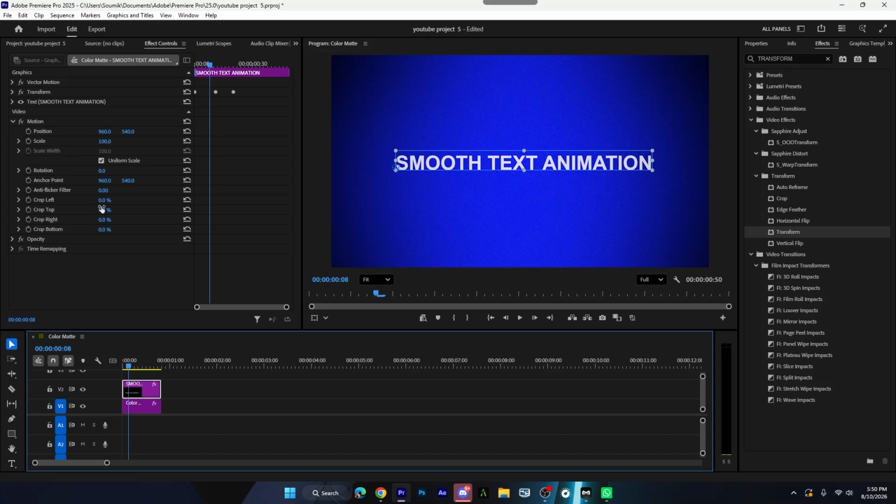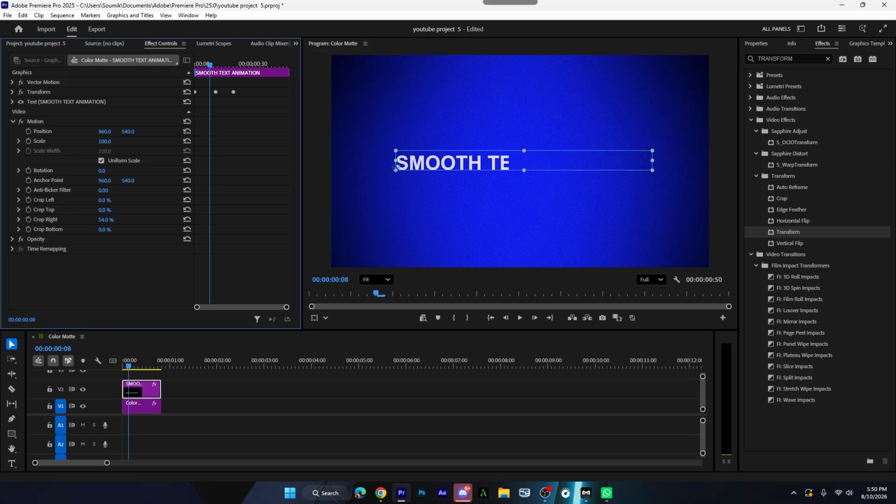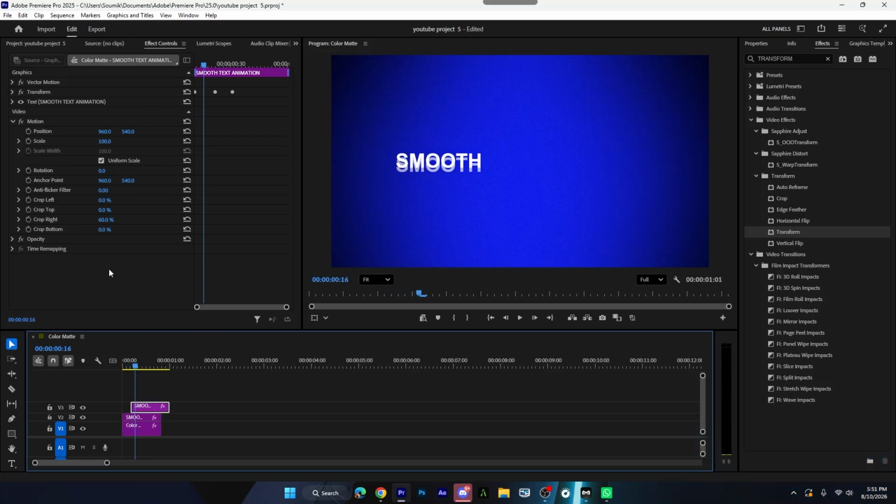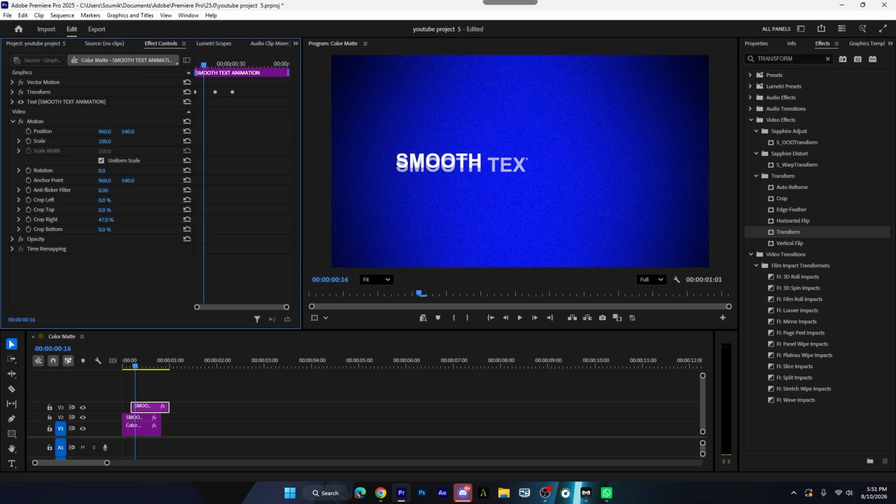After that, go to Motion and use the Crop Right option to crop up to the first text. Then go to the middle keyframe and create a duplicate of the layer. Select the duplicated layer and move forward a few frames until the text becomes visible. Now use Crop Right again until the next text appears, and then use Crop Left to trim away the extra